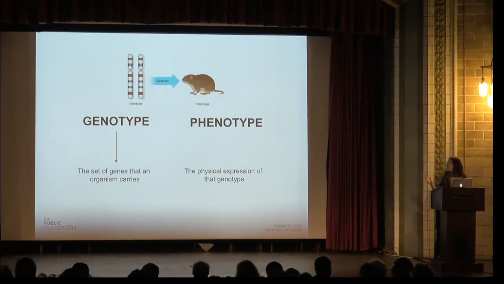Like in this picture up here, we have our chromosomes with our blue and our brown genes per se, which hypothetically code for this brown coat color in this mouse. Now in reality, it's much more complicated than that. There are environmental influences that shape the amount of gene expression. There are different amounts and different numbers of genes that can affect the gene expression as well. And we really want to move away from this kind of simplistic one-to-one interpretation of genotype to phenotype.